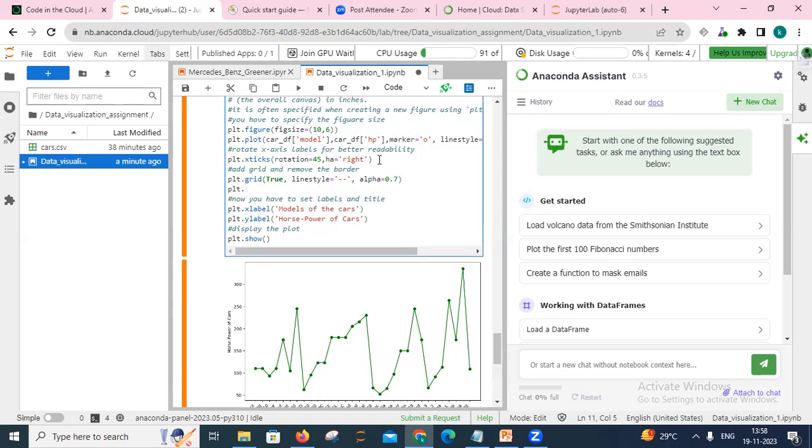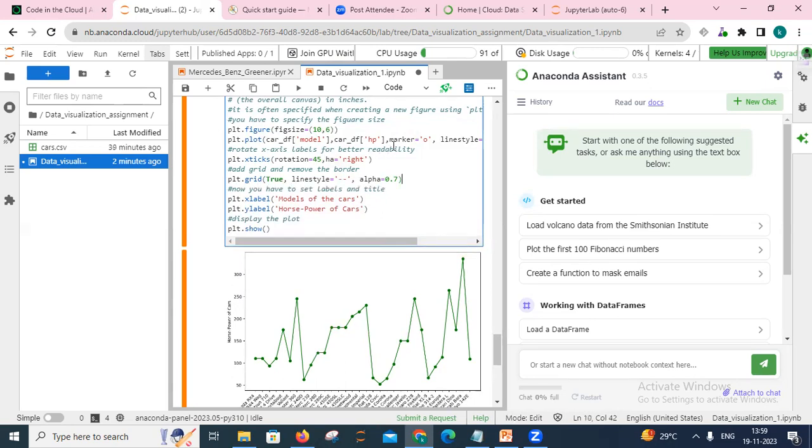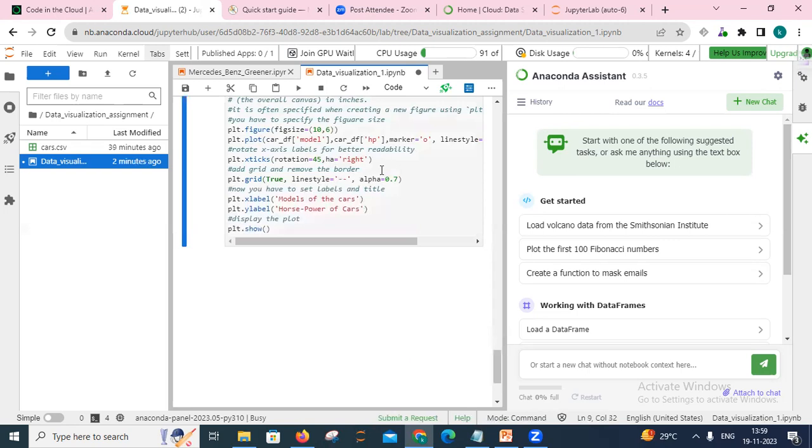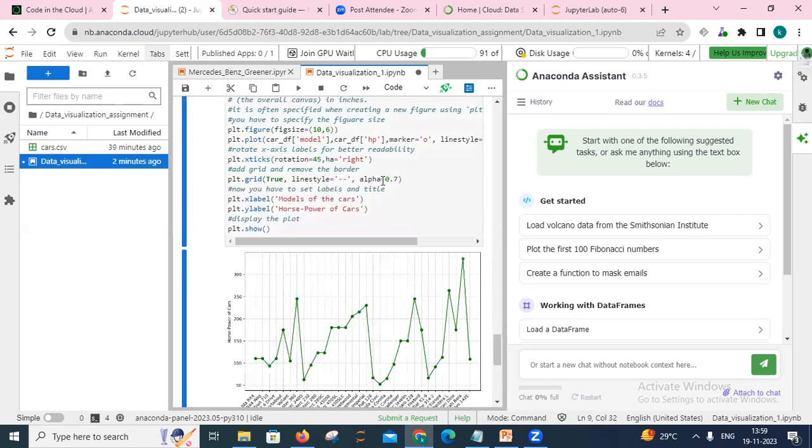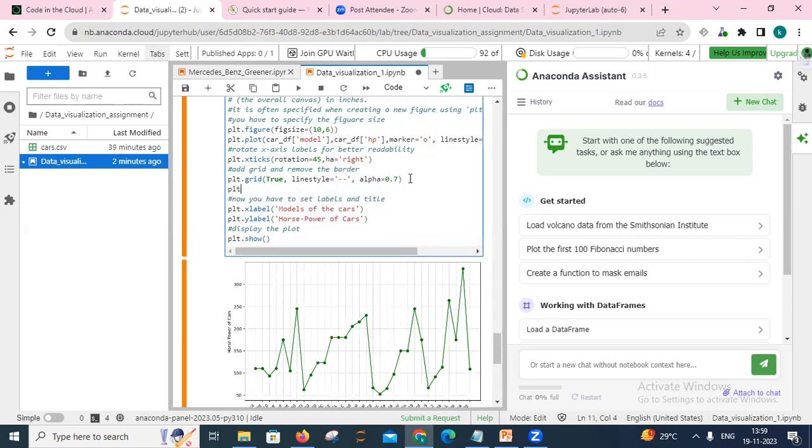And also write plt.gca().spines. If I do not write these things, what will happen? You can see the grids are coming, right? Grids are coming, but the borders are not removed. So in order to remove this, I have to write